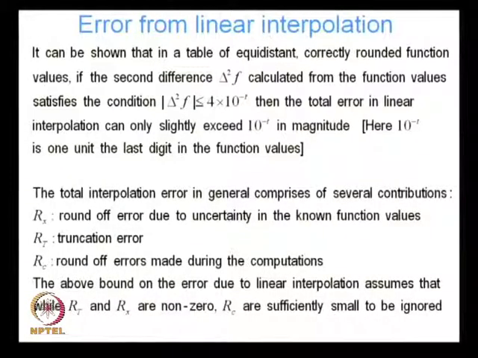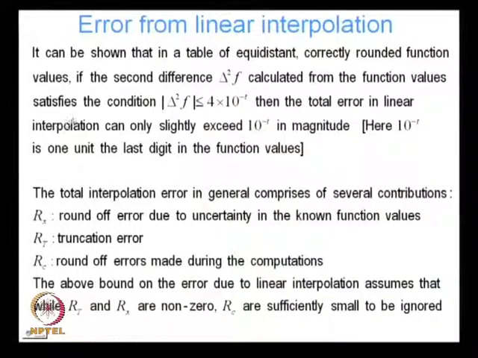It can be shown that in a table of equidistant correctly rounded function values, m plus 1 grid points and m plus 1 function values, if the second forward difference del square f calculated from the function values satisfies this criterion,